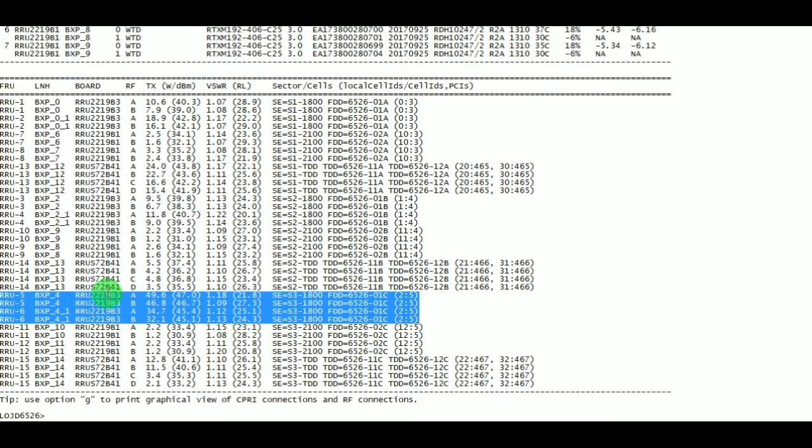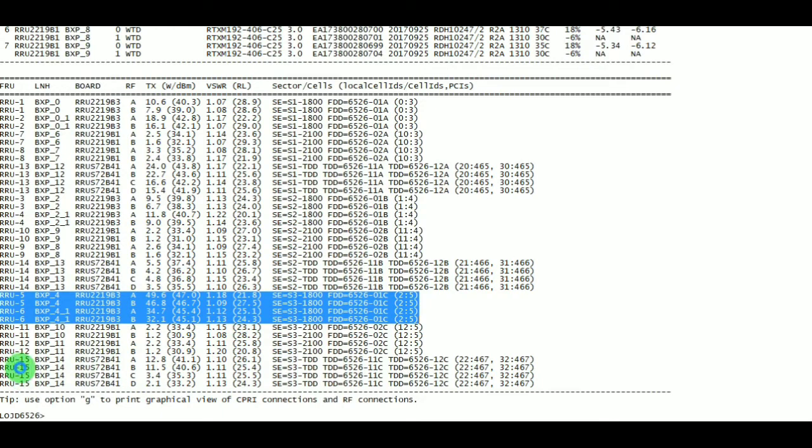RRU number 5 has two branches A and B. RRU number 6 has branches A and B. TX values are 49.6 for branch A, 46.8 for branch B of sector 3 1800, whereas 34.7 for branch A, 32.1 for branch B of FDD 1800 sector 3, whereas VSWR is 1.18 for branch A, 1.09 for branch B, 1.12 for branch A, 1.13 for branch B of FDD 1800 of sector 3.